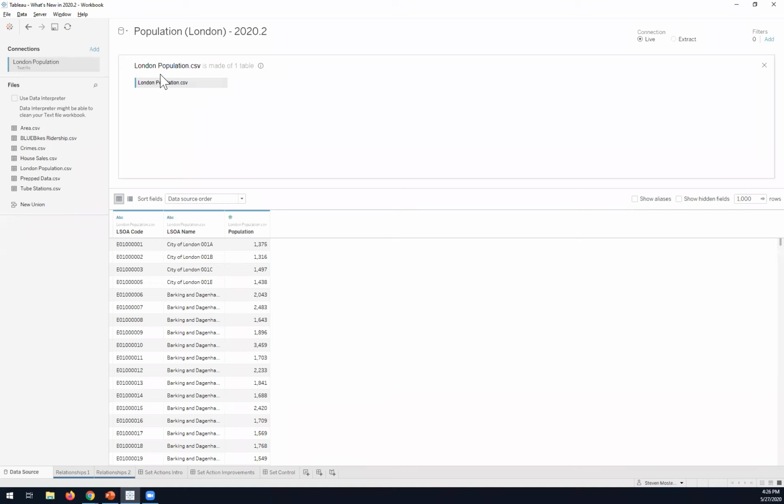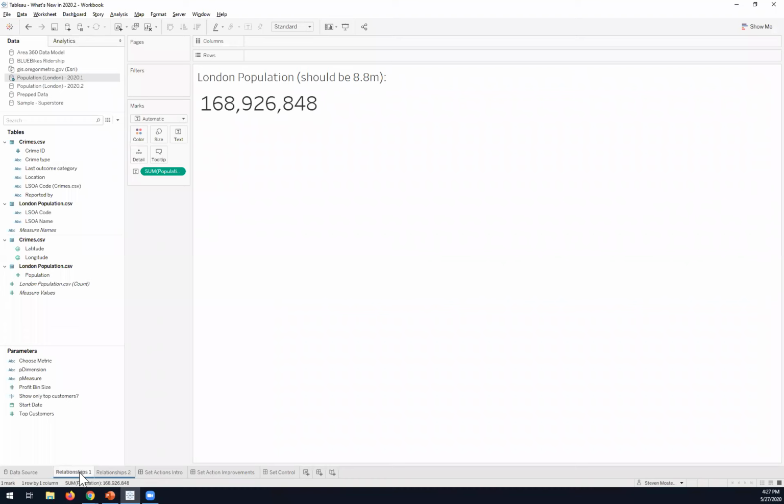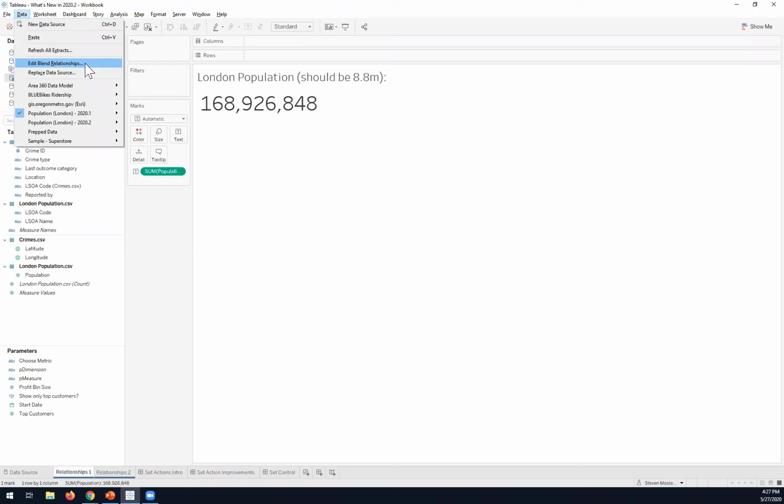Nope, that's still there, because it is valid, you're editing the relationship. But if you look at it here, when you come up to Data to edit, actually it's blend relationships. That was changed. Before it was edit relationships, now it's edit blend relationships. So there's the distinction.